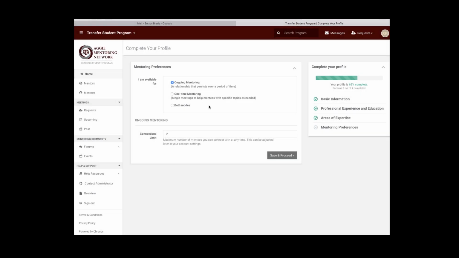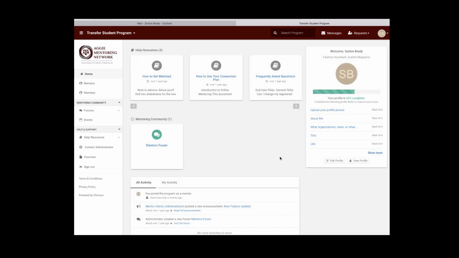At the very end, you click the Save and Proceed button, and then the Aggie Mentor Network will drop you off into your homepage. And there you have it. You will have completed the sign-up